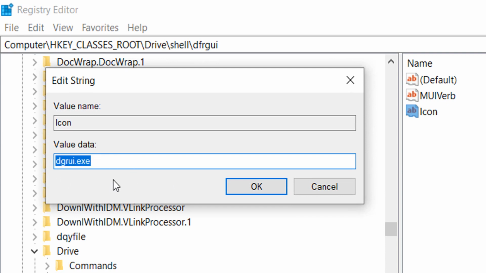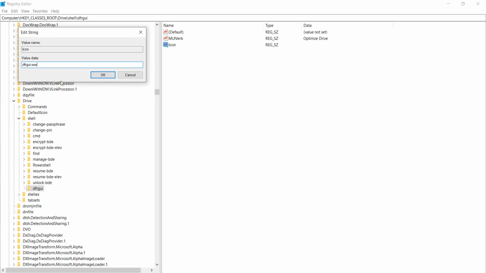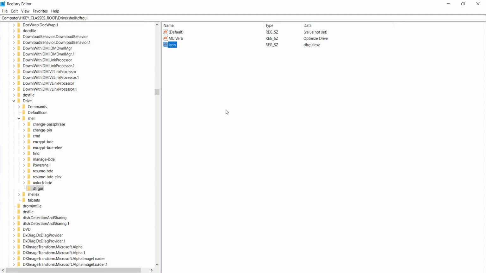dfrgui.exe. Press OK button. Okay, so after doing this step you can select the key named DFRGUI,